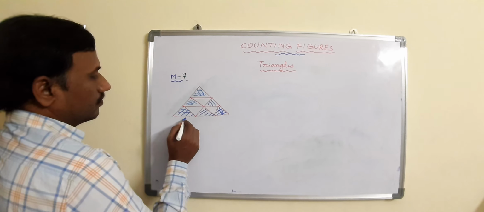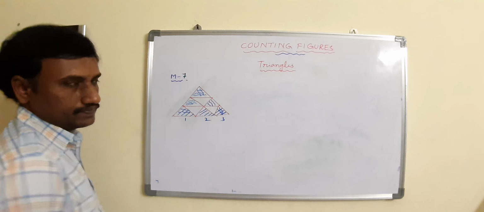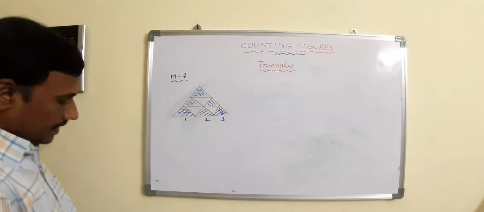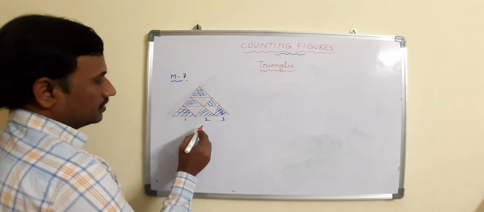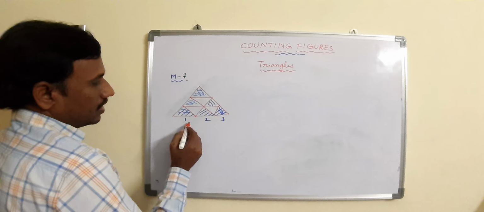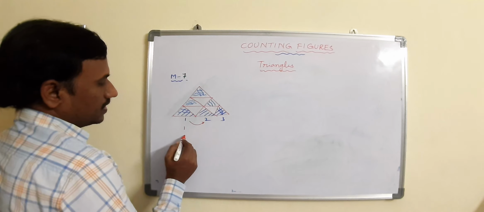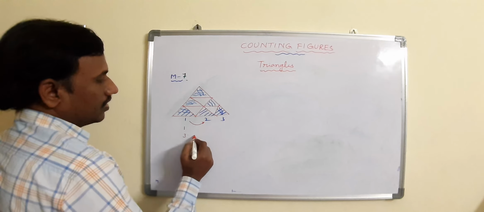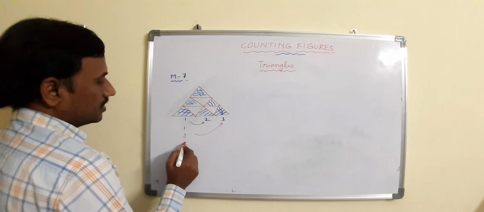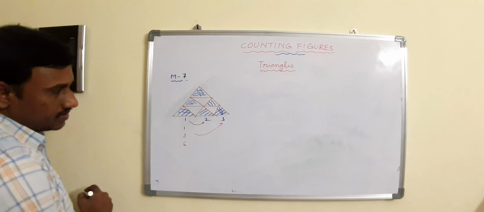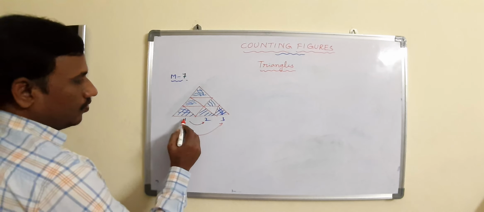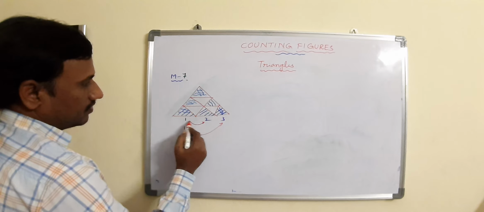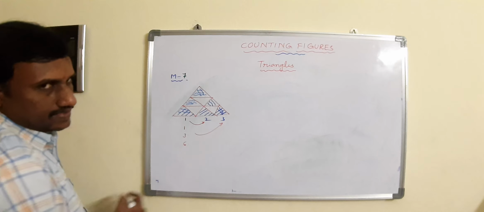1, 2, 3. On all sides the count should be equal, then only we can do it like this. Take the numbers here: take 1. Now the sum of these two, 1 plus 2, how much? 3. Now this 3 plus 3 you have to take. 3 plus 3 is 6. It is like a cumulative frequency: 1, 1 plus 2, 1 plus 2 plus 3. 1 plus 2 is 3, and 3 plus 3 is 6.